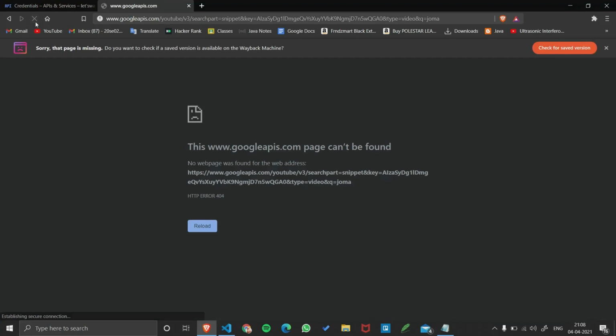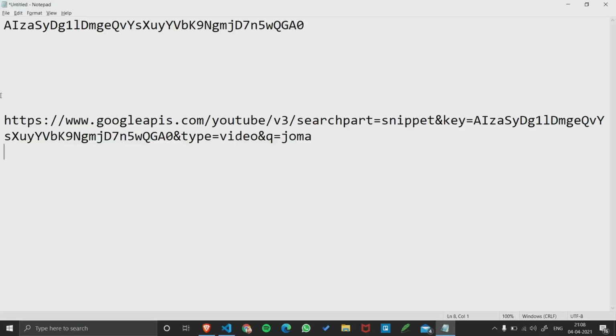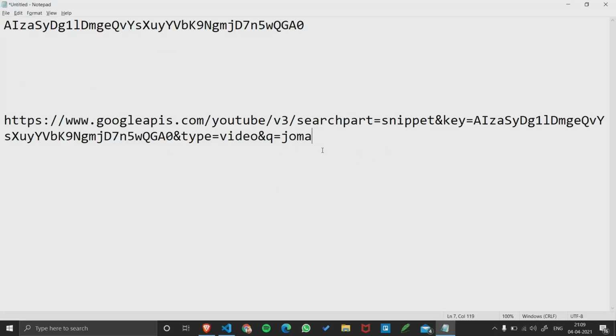Now it should work. It will take time. Then type is equal to video, the YouTube video search, snippet, and key is equal to our key. Everything is complete. Let me use an old one because it will take 5 minutes to run.